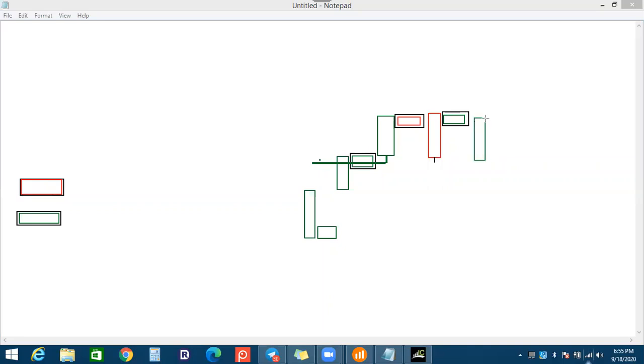Touching this level, rejecting from this level. Why? Because there is high volume here. It's a point of control. Because of the point of control volume, it is rejecting the candle. And this candle's volume may increase like this one. So now it can be called a stop bar. Maybe there is a difference in the market. They make a panic. You will see the wick here also. It's going down because the market is creating panic and then again rejecting and going up. And now at the end, volume increased from the seller side here.